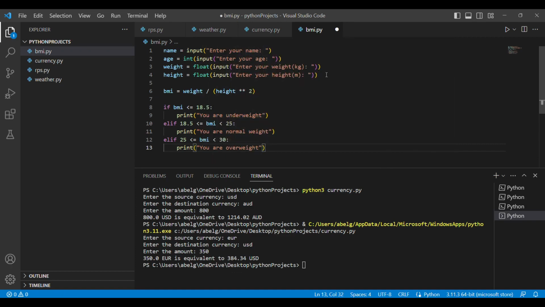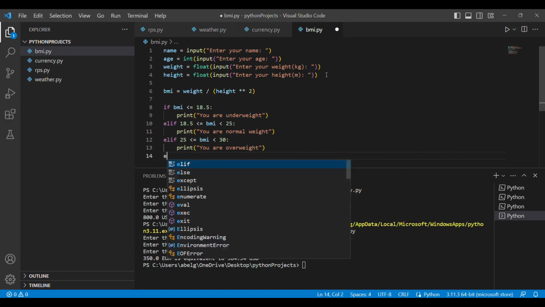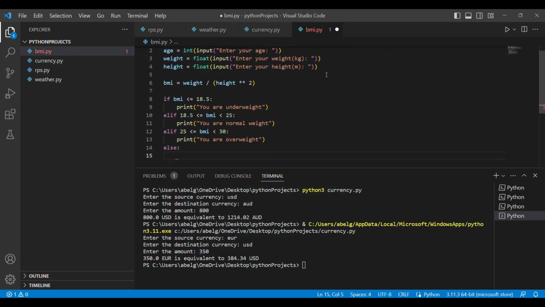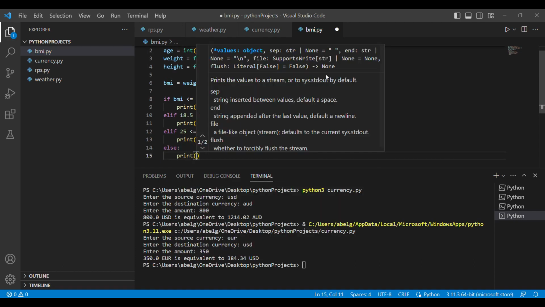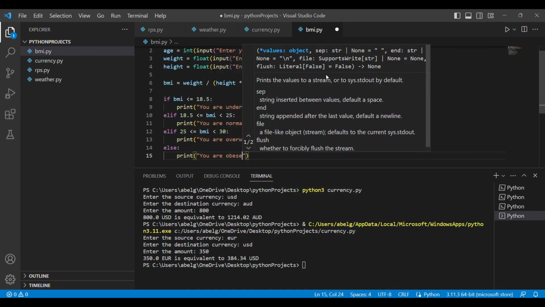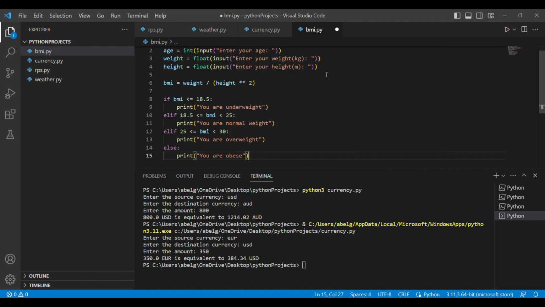And finally, we have one last category, which is going to be greater than 30. So we can just use an else statement because that's the only possibility left. We're going to print out you are obese. So these are the if statements that are going to calculate what you are based on your BMI.